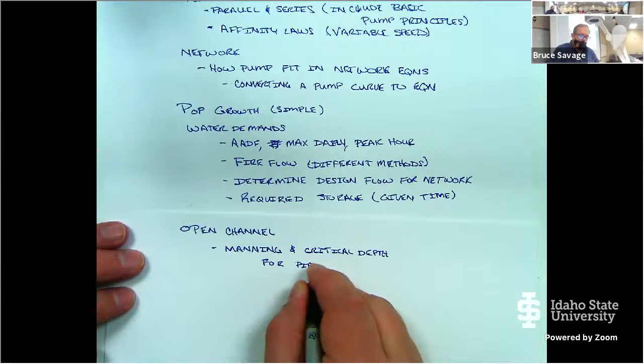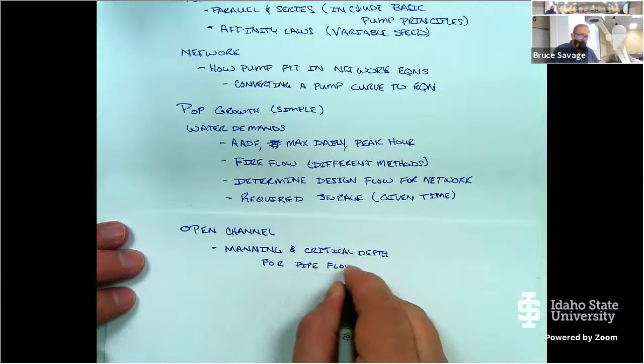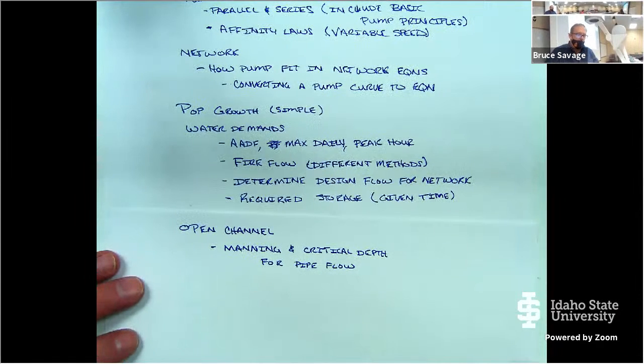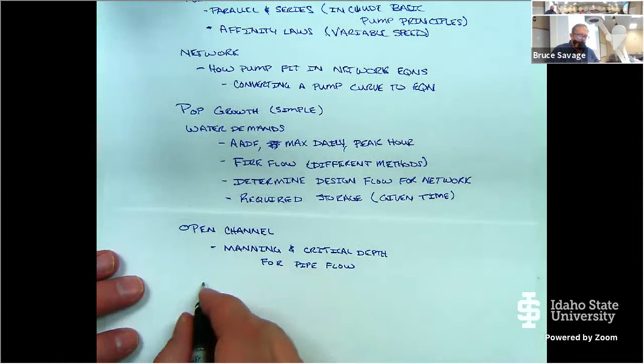We didn't expand that into open channel in the sense of trapezoidal channels or ditches. It was purely just pipe flow. So you should be able to calculate that. And then from this, you should be able to calculate or compute the